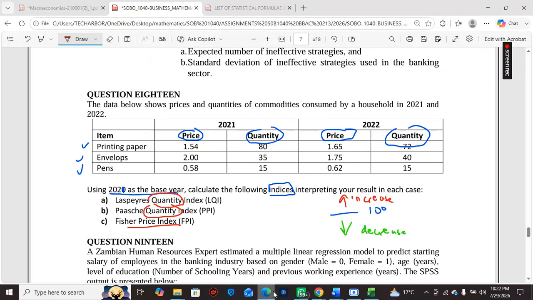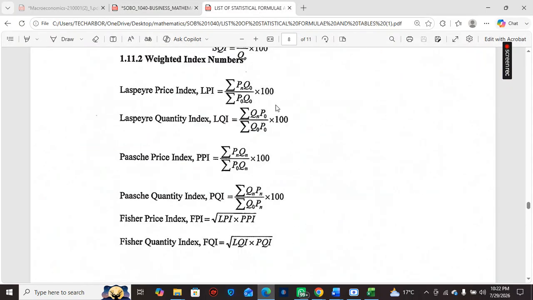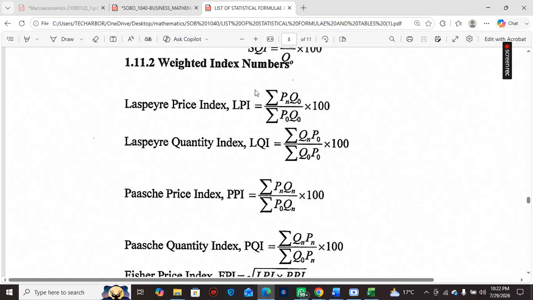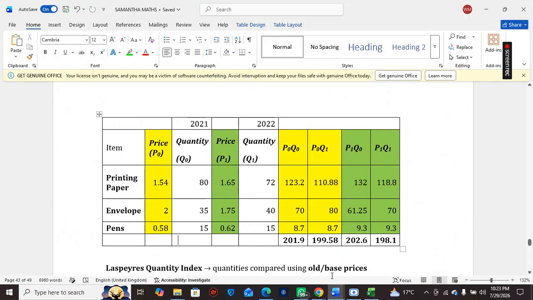Okay, so as I said, the formula will be given to you. Okay, yes. So here where there is n, it's just one. Okay, where I was putting a one. Okay, P1, Q0 here. Where there's an n, it's where I'm using the ones here. Actually, I should have used n's in this video, but yes, where you see n, just know it's the other year. Where you see a zero, this is the base year. Okay. And the secret to this type of questions, remember,